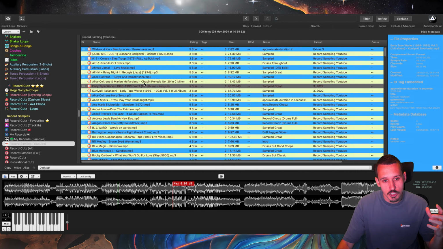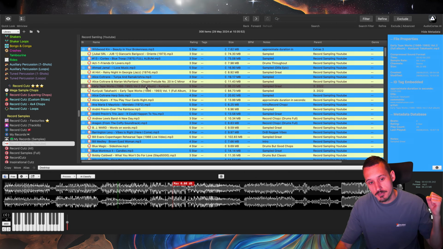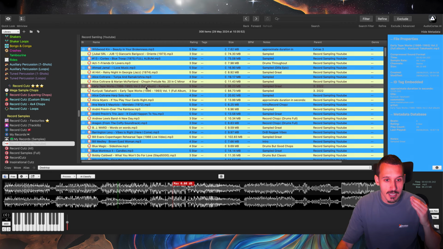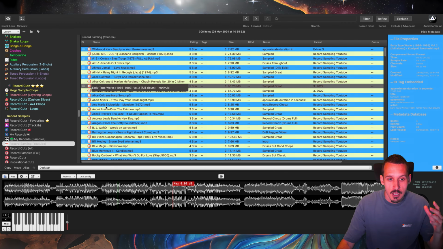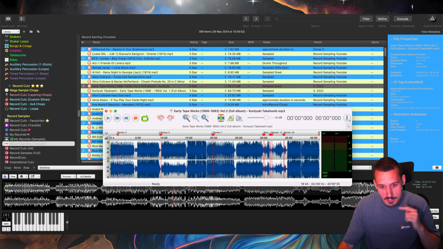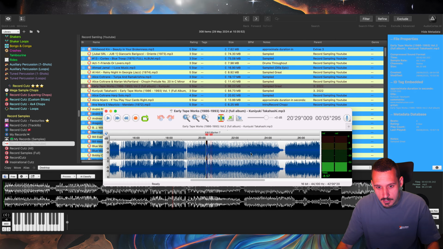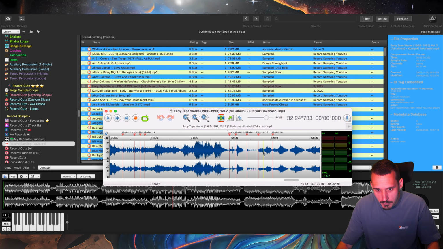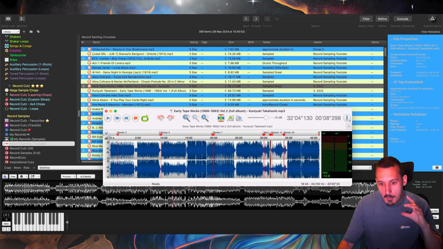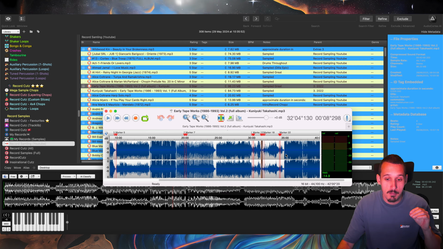But what you essentially do is go through a whole bunch of different tracks and records and chop out all the best bits of them. So if I jump into, open this in Twisted Wave, you can see I've come through and selected specific slices. So I obviously like that sound. If I come to another part of the record, so I've gone through this whole album actually, it looks like, which is one waveform,